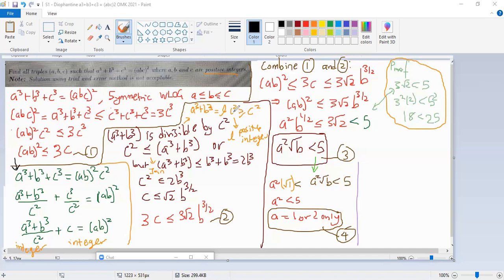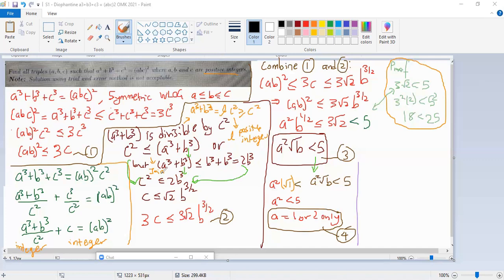For those of you who are new to this, you can see LC square is bigger than or equal to C square, because L is a positive integer, L bigger than or equal to 1. The orange one is just reasoning to help us understand that more clearly. A cube plus B cube is going to be less than this. This is where the extremal argument comes in, because numbers have a hidden order. If you replace A with B, which is bigger than A, it's 2B cube. Putting this together, C square on the left-hand side and 2B cube here, removing A cube plus B cube, which is the link that links the two inequalities,